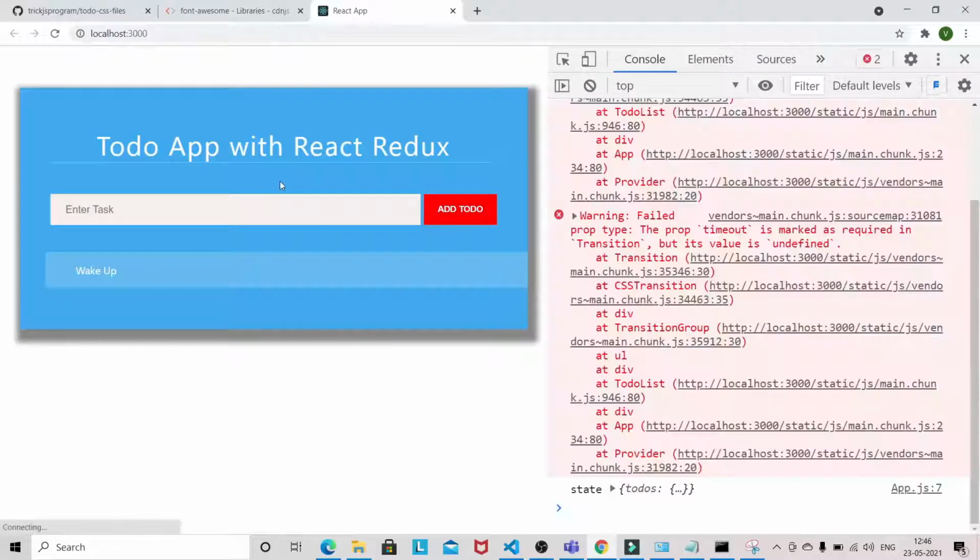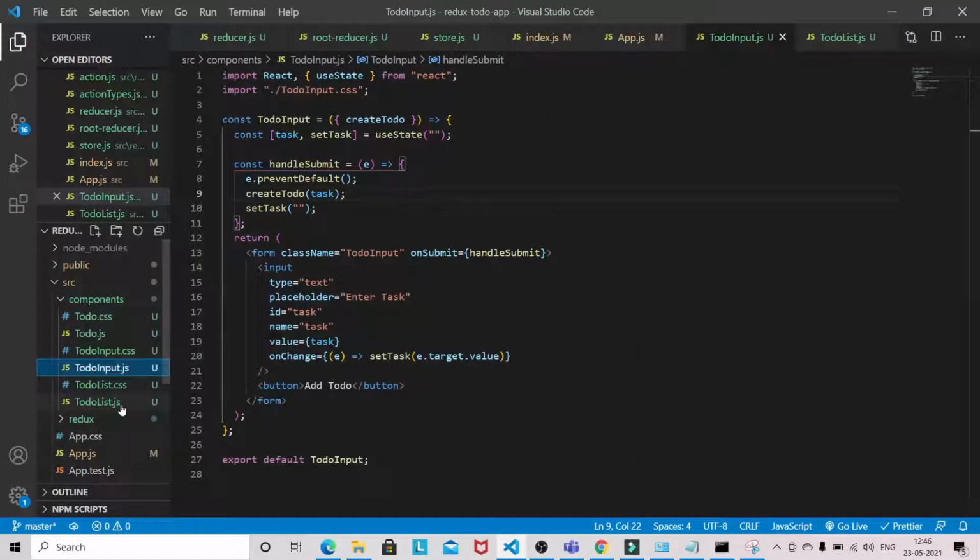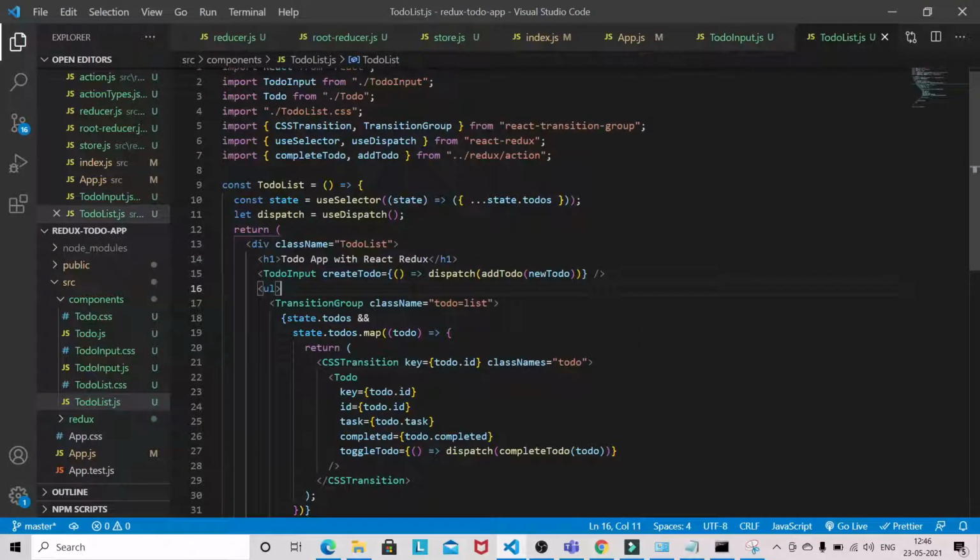Okay, some problem: new to-do is not defined. So it's saying new to-do is not defined. We cannot use it this way.